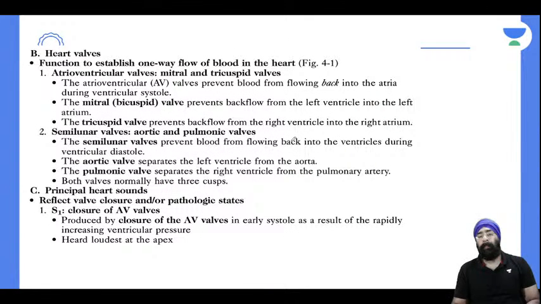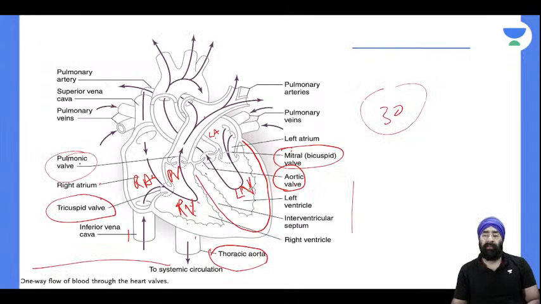देखो जी. So now that we have seen that there are two valves which are between the atrium and ventricles, which are the mitral, bicuspid, and the tricuspid valve, right? So these are basically called atrioventricular valves. Okay, so they basically prevent the blood from going back into the atria during ventricular systole, because when the ventricles contract, it will try to push the blood in both ways. Here also it will try to push the blood, and here also it will try, and here the valve will close. इसलिए आपके mitral regurgitation normally नहीं होता है,